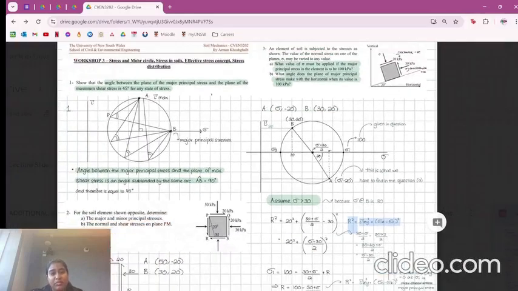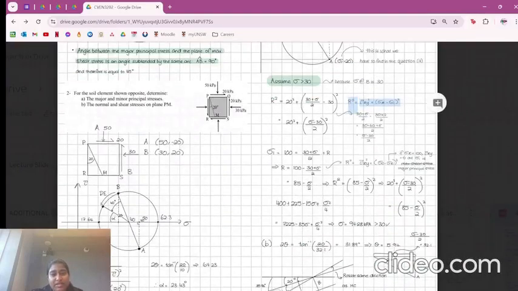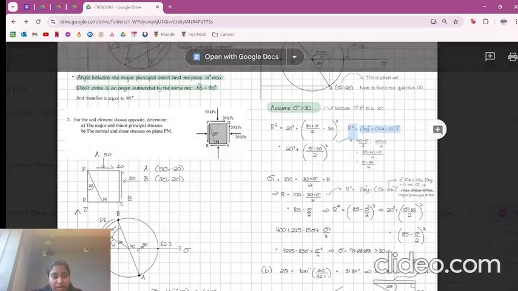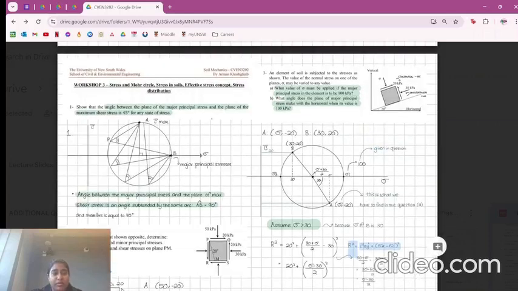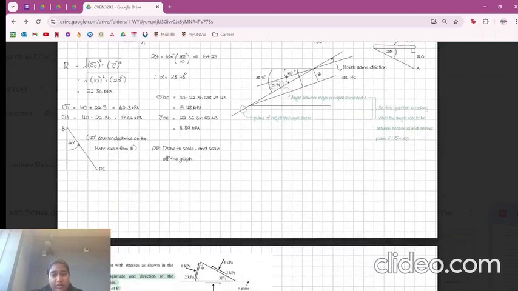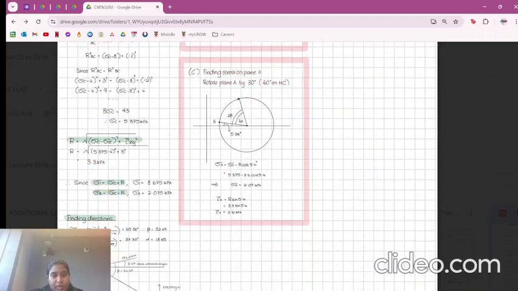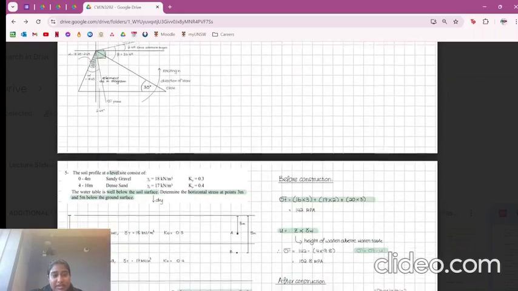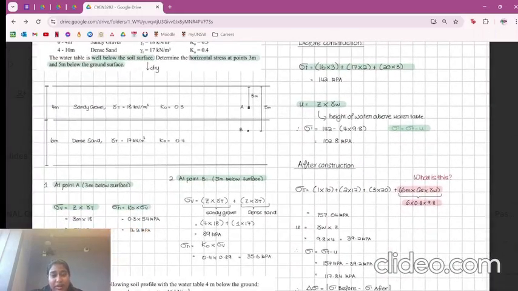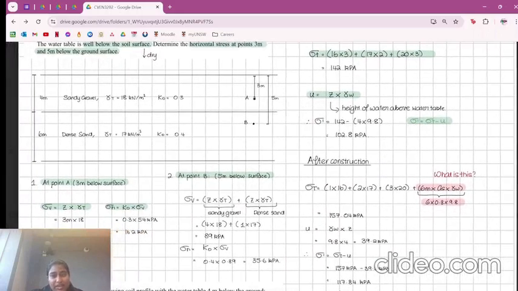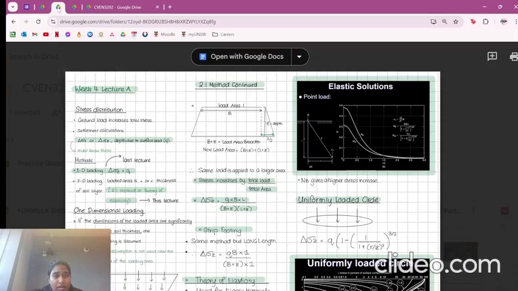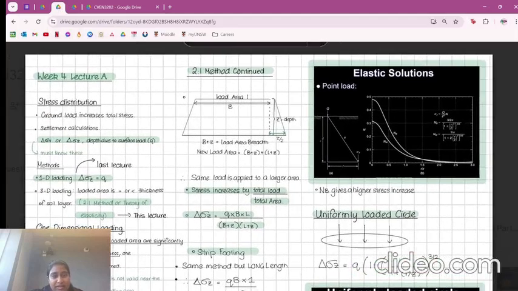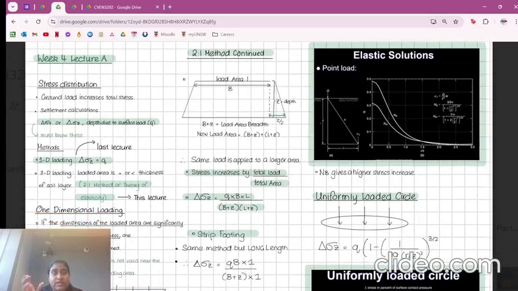Obviously the questions will get a little bit more complicated, but I would highly recommend remembering those more important components, because if you just remember those and you keep practicing, it'll become second nature and you'll be able to really easily work through the more complicated ones. The workshop questions in soil mechanics are really quite helpful. So if I could give any advice, it would be to definitely work through those and make sure you understand all of them. But for now, I'll just move on quickly to the next topic, which is looking at the